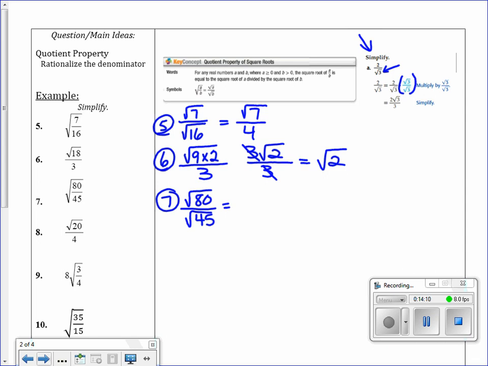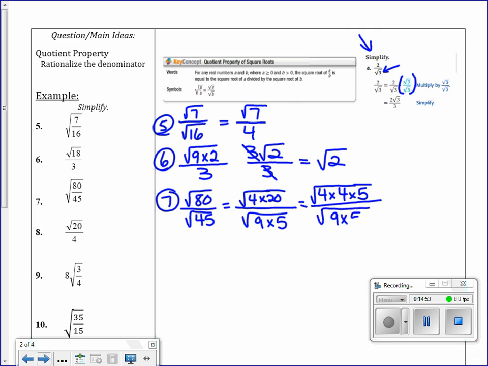And initially when I thought about it, I thought, okay, 4 times 20 makes 80. You may have come up with other numbers. Excuse me, that should be a 20. 4 times 20. Again, you may have come up with other numbers, and that's perfectly fine. And for 45, I know I have the square root of 9 times 5. That 20 can be broken up a little bit more. So I'm going to go ahead and say the square root of 4 times 4 times 5 all over the square root of 9